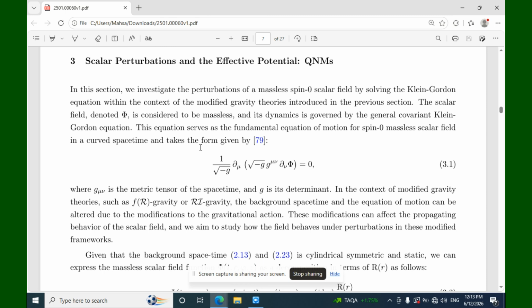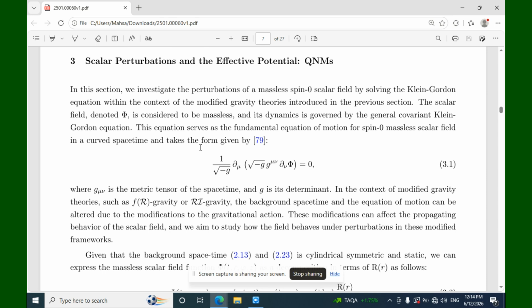In this section, we investigate the perturbations of a massless spin zero scalar field by solving the Klein-Gordon equation within the context of the modified gravity theories introduced in the previous sections. The scalar field, denoted phi, is considered to be massless and its dynamics are governed by the general covariant Klein-Gordon equation. This equation serves as the fundamental equation of motion for a spin zero massless scalar field in a curved